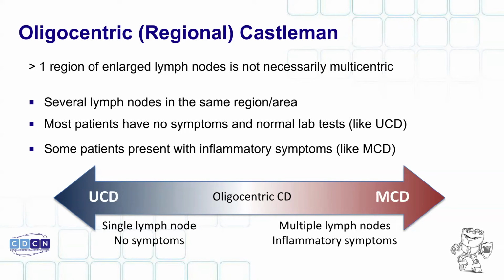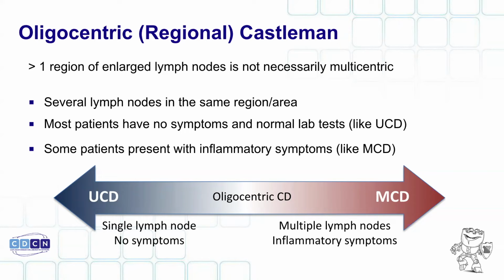The idea of debulking, though, is not really a strategy that means anything in multicentric disease. Their lymph nodes for multicentric aren't that large, which is one of the differences between unicentric and multicentric. A unicentric patient could get a lymph node that's quite huge. In multicentric, they're just a little bit bigger than normal, really. It's just that the inflammatory phenotype is so severe that it's causing the symptoms. And so this debulking strategy, which also can affect how we choose drugs when we do use systemic therapies for unicentric patients, doesn't really play with multicentric at all.